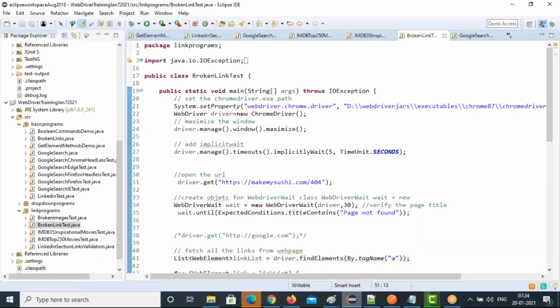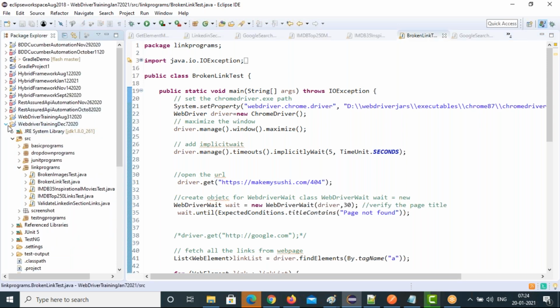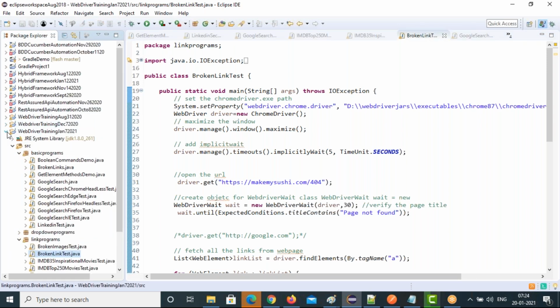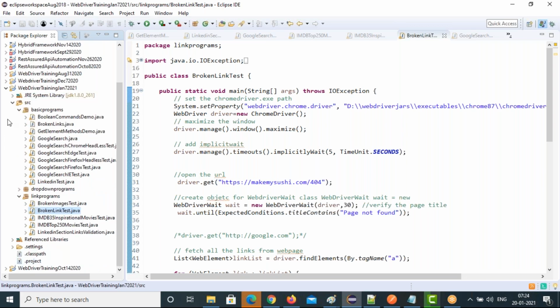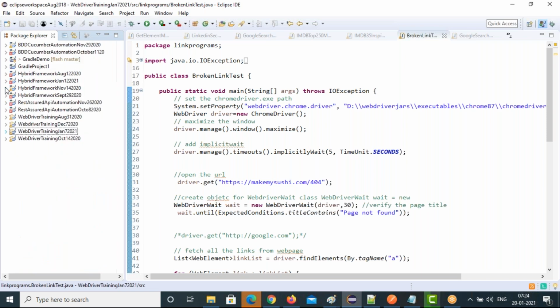So let's create a project first. Any queries before going for this REST API? The project I'm going to create here is a Maven project.